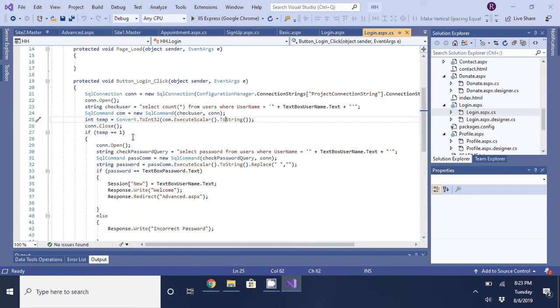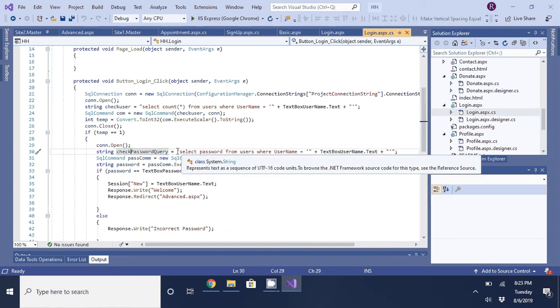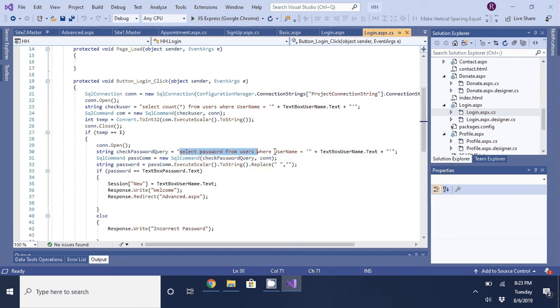So I'm saying if the temp is equal to 1, that means if there's a Radhika that exists in our tables, we are saying check the password now. So we are saying select password from users where username is what the user has entered. So we are saying check what password we have in the data on the tables and see what password the user has entered. And we are saying if the password is equal to what the user has entered and to what we have on the tables,